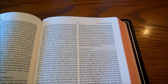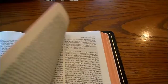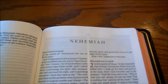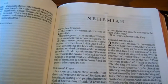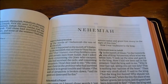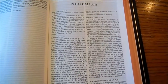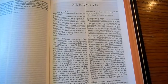Each book starts out, let me get to the beginning of a book here and I'll show you. Each book starts out with the book name, and then the chapter numbers are kind of in a drop cap style. And it's pretty neat. There's not much space in between the two columns, and like I said, you notice the cross references are at